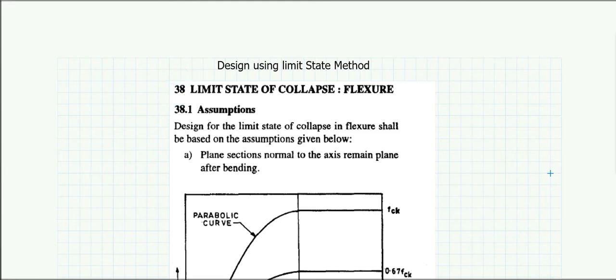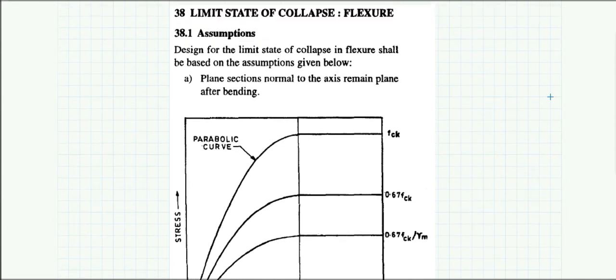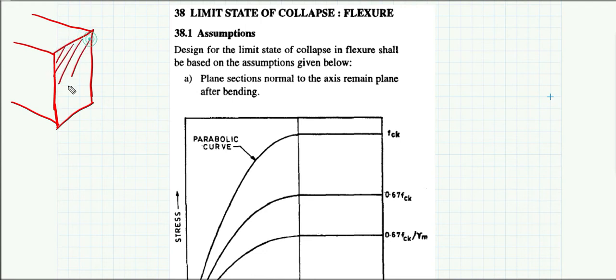The first assumption that is given here, you can see: plane sections normal to the axis remain plane after bending. Suppose this is the 3D view of the section. So this section is a plane section. Then after bending, what will happen? This plane will shift to somewhere here and this plane will come to here, something like this. Okay,